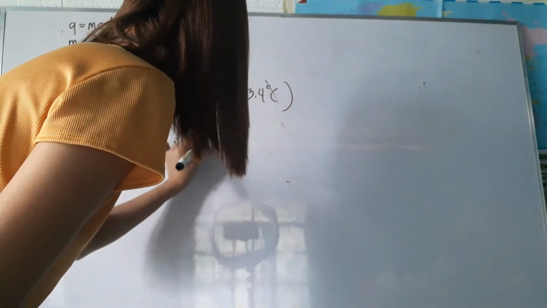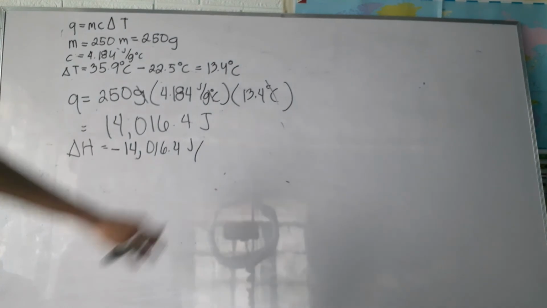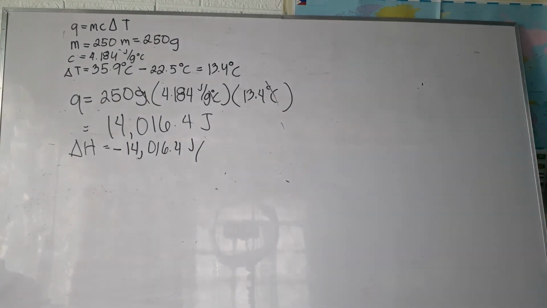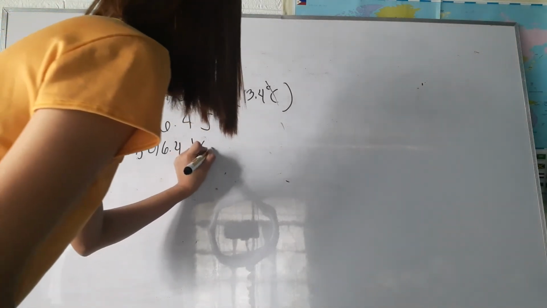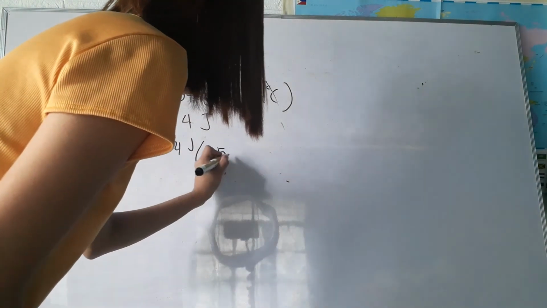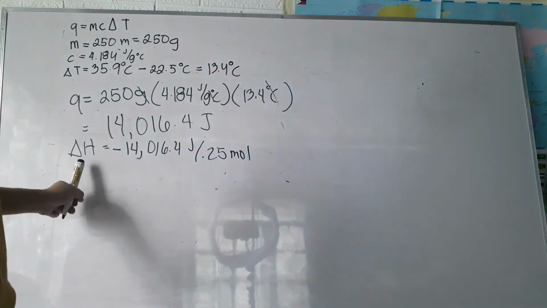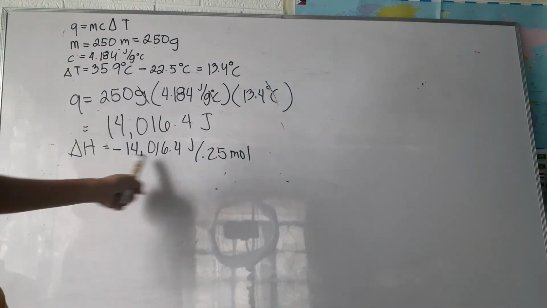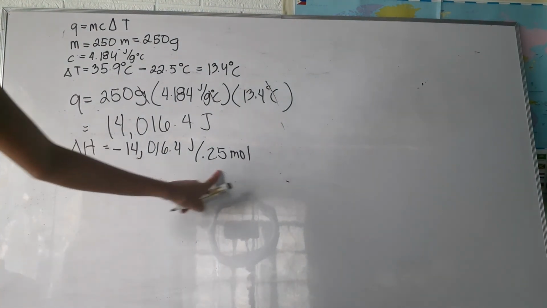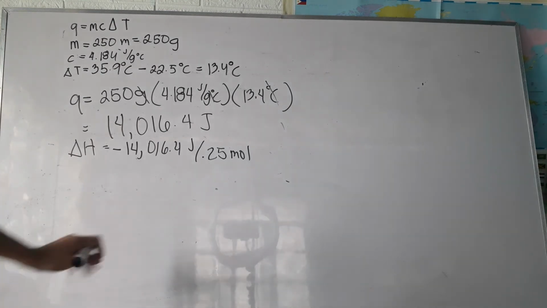14,016.4 joules per, ilan siya? Ilan yung reaction? Ilang mole yung reaction? 0.25. And so, 0.25 mole. And so, ito yung delta H ng reaction. How about yung delta H ng 1 mole? So, yun yung